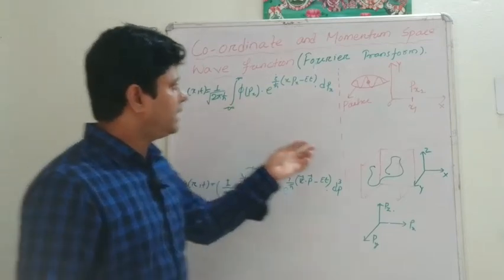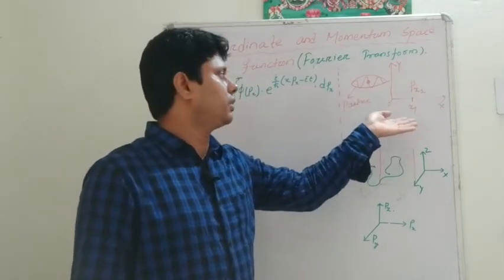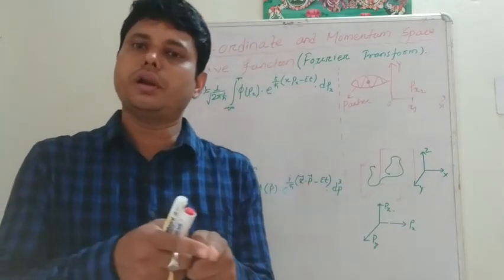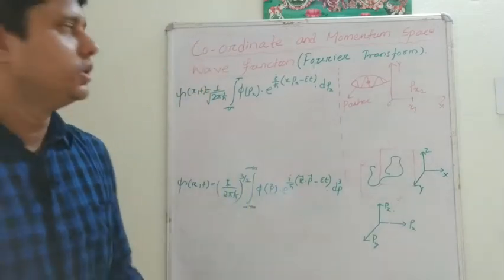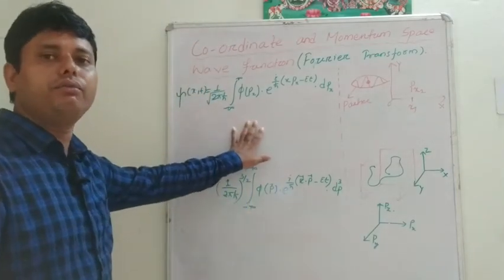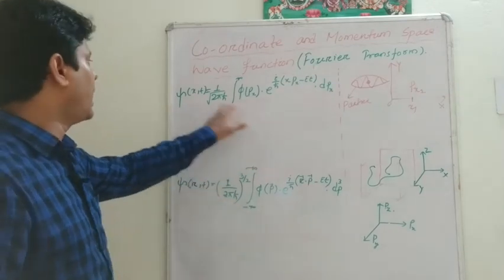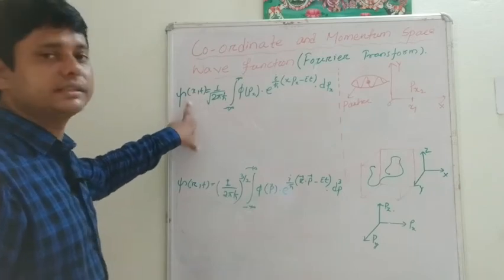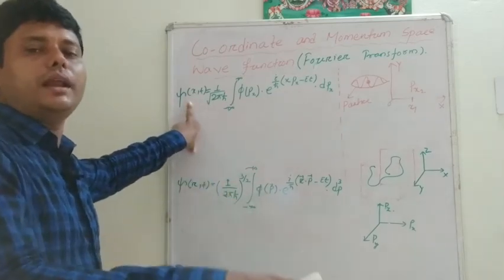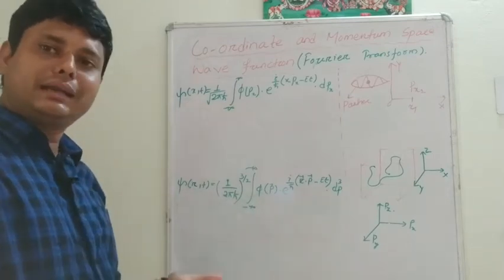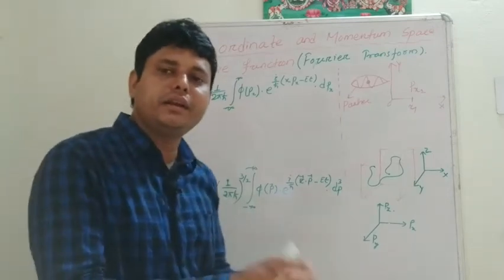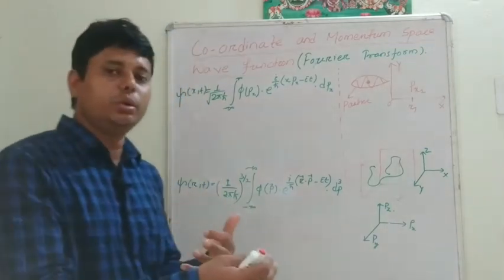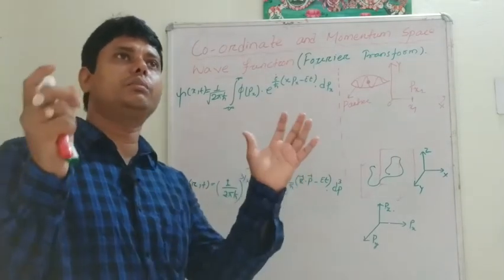Whenever a particle, maybe we can consider 1D or 2D, the particle is associated with position and momentum at a particular time. So if this is the representation of the position of the particle at a particular time, or the wave function which is a function of x and t, that means this represents the position of the particle at a particular time, then also at that position and at that time it has a definite momentum.